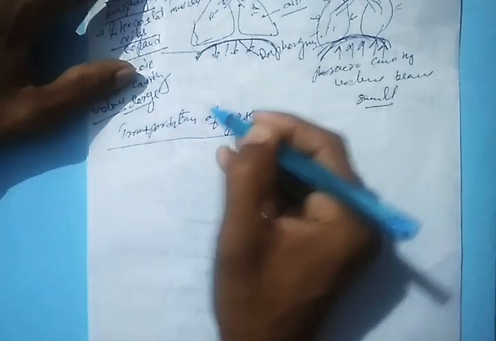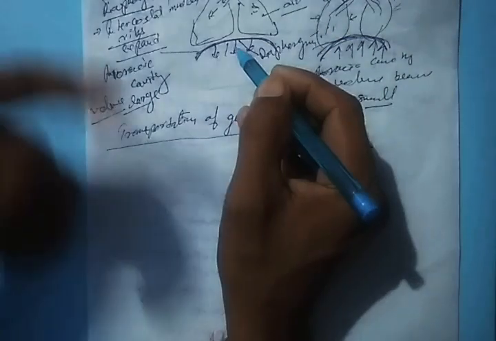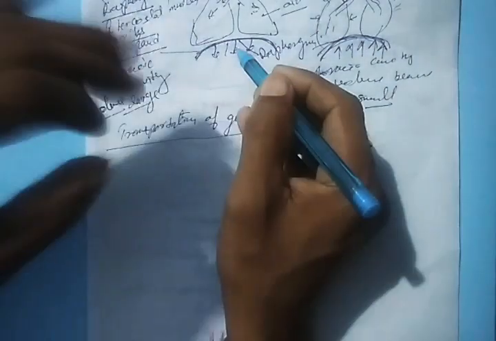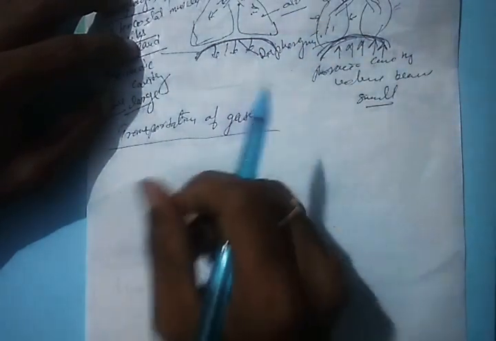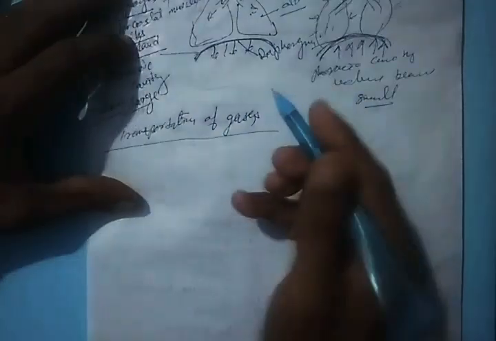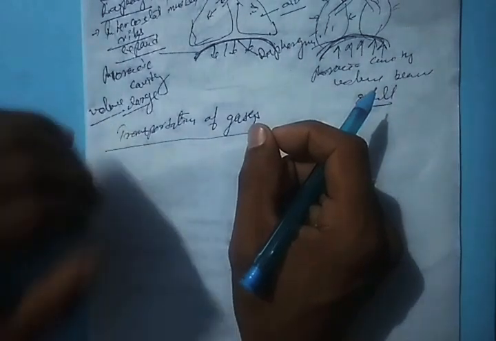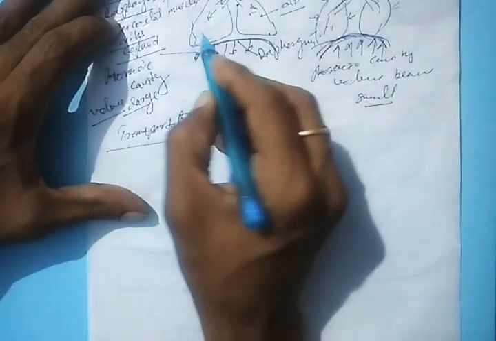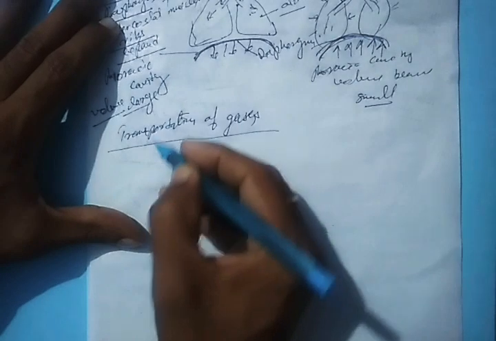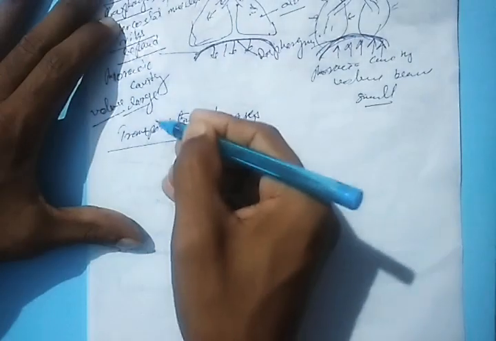Exchange of gases takes place in the air sac with the help of the blood capillaries which are found in the alveolar sac. Oxygen simply, by the process of diffusion, enters into the blood from the alveolar sac,